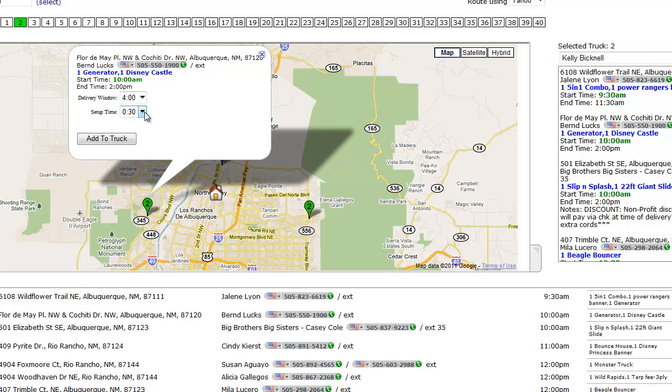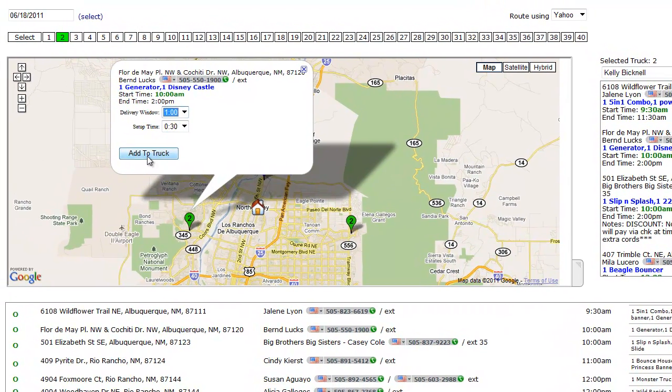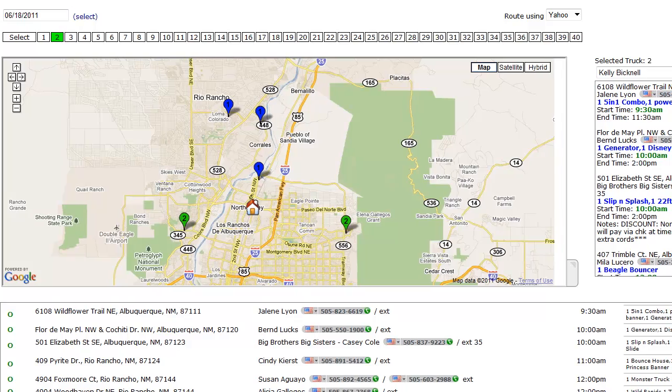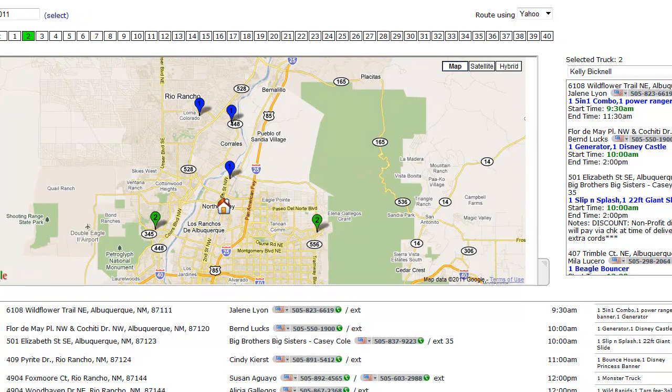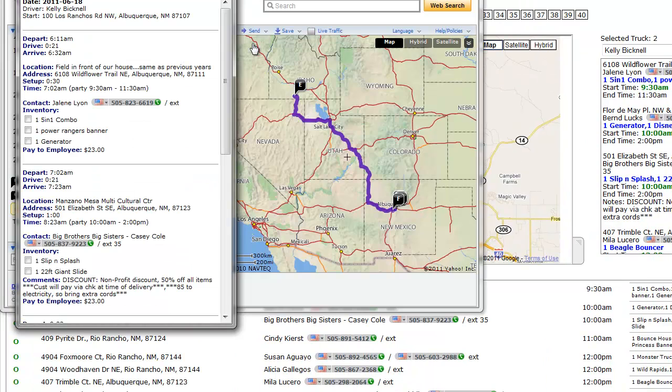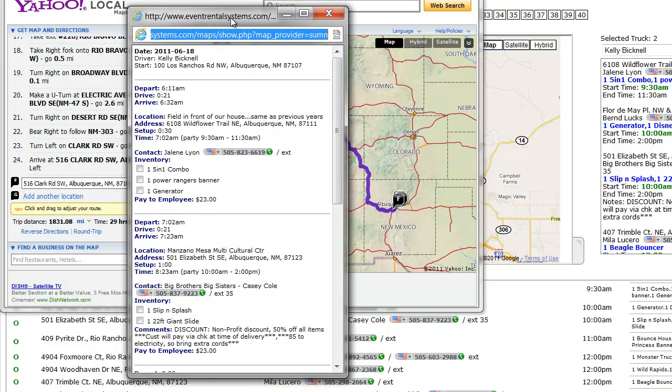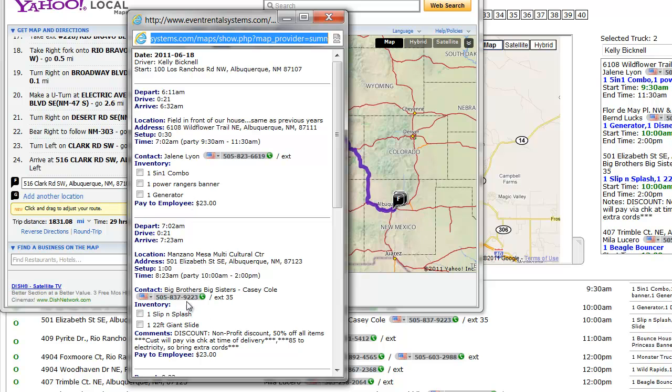So let's change that delivery window to 1 hour. Add it to the truck again and see if we can still find a route. And it did. So we're good. So now we have a route all set up for the second truck, and now if we go and find that